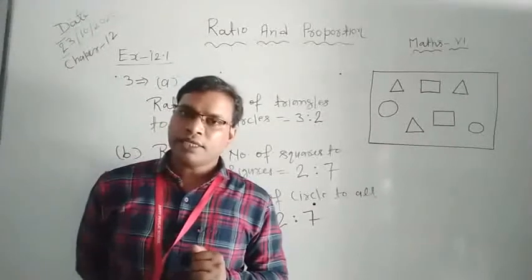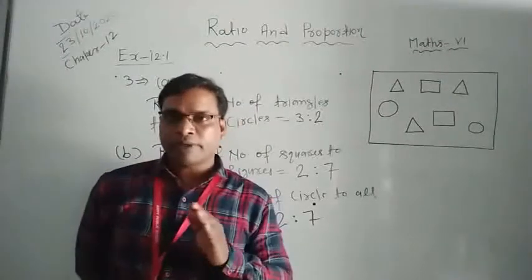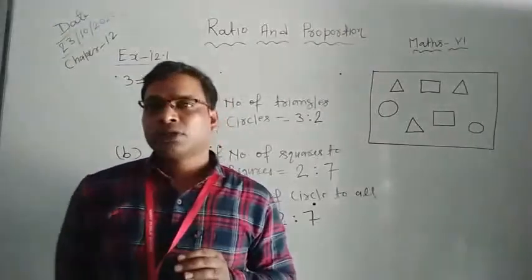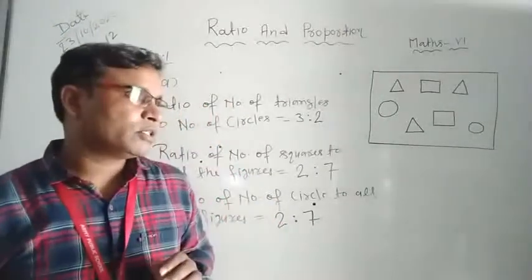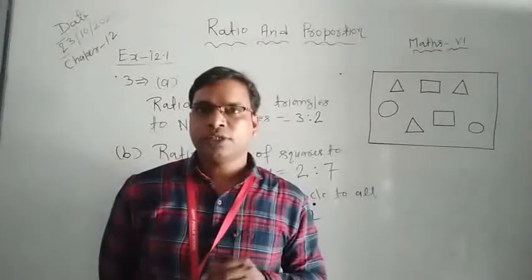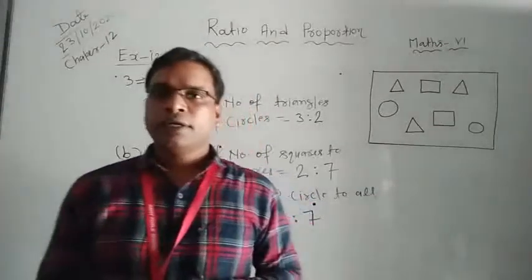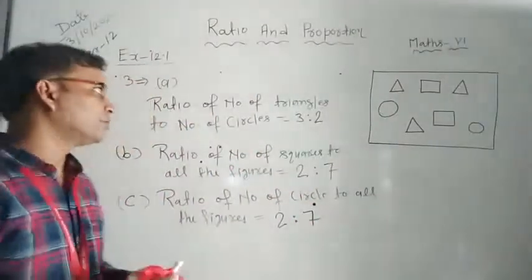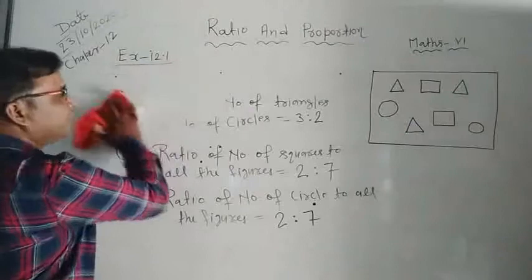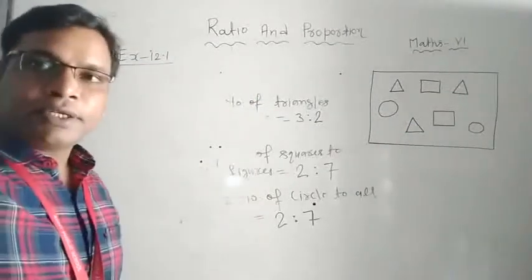So you need to find the ratio of their speeds. How can you find speed? Speed is equal to distance upon time. First we find their speed. After this we find their ratio. So let's see how to find their speed and their ratio. So first we erase this. After this we find the speed and their ratio.